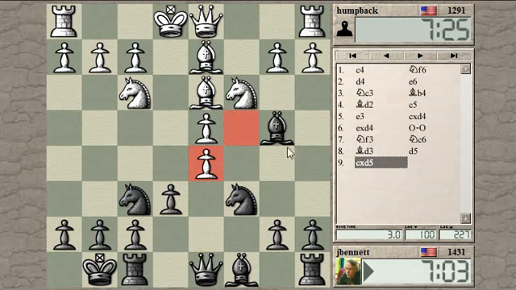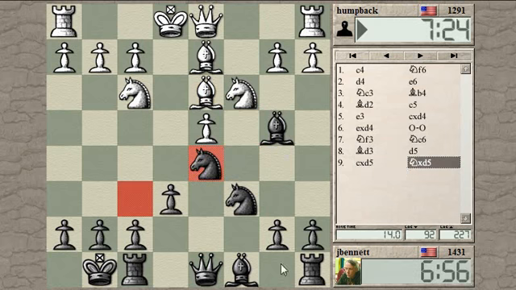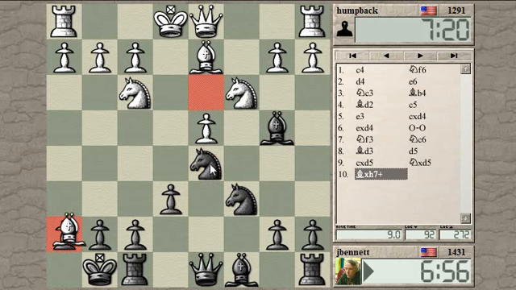So I was planning to take back with the knight, but is that a mistake, maybe? Knight takes, knight takes. Now my bishop is defended by my knight. Yeah, I'm gonna... So I can take back with the queen and leave him with an isolated pawn. Knight takes, queen takes. Ooh, that's exciting. Is this really a setup for the...